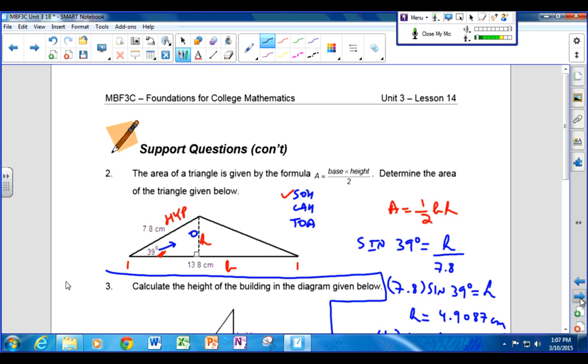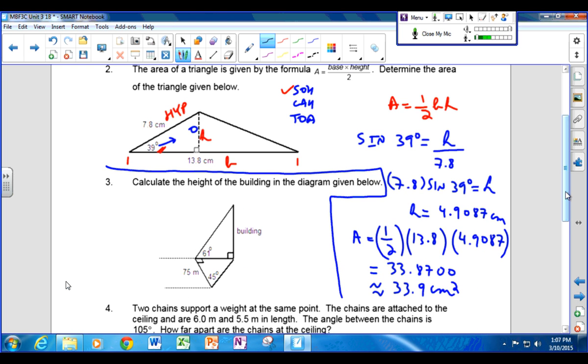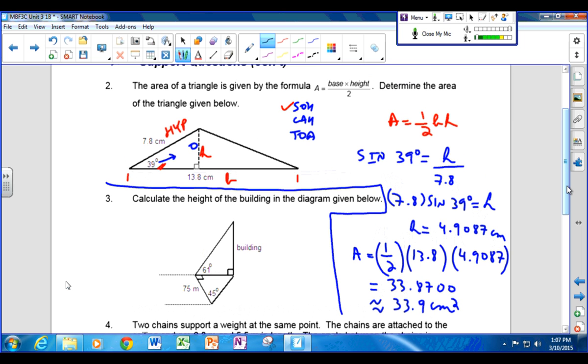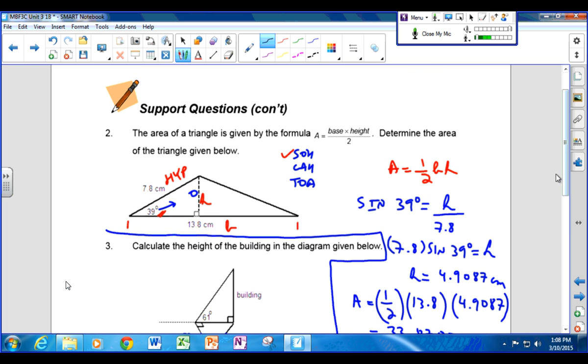And then we did one yesterday, which was kind of a cool thing. We were trying to find the area of a triangle, which is 1/2 base times height, or the way they give it in the book, base times height over 2. It's the same thing. We had to pull out all the stops here. Once we took a look at the diagram, this is in Unit 3 on page 35, right at the top, you'll notice that once I started putting the information on the diagram,